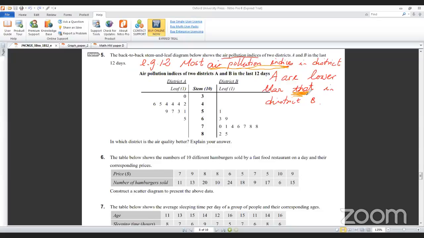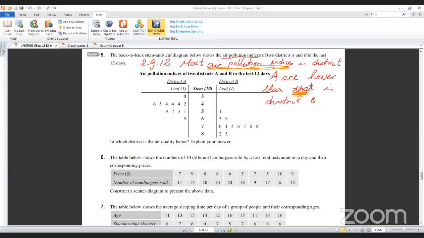Therefore, this stat represents this one. We don't need to write this anymore. Okay, therefore, most, many of, or most, almost all air pollution index in district A, you just follow this structure, lower than,